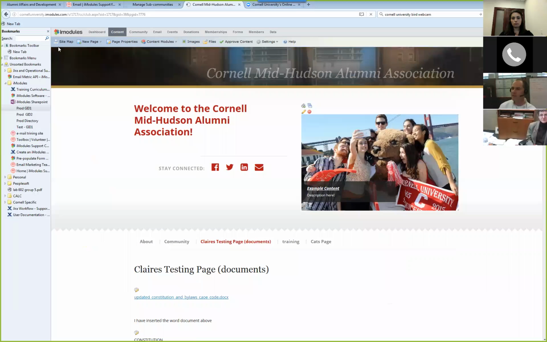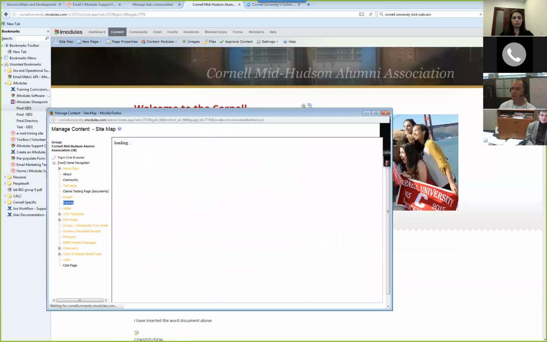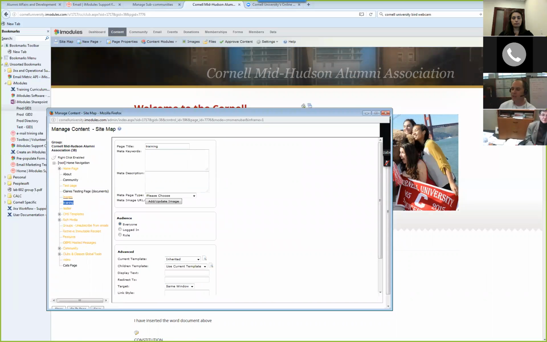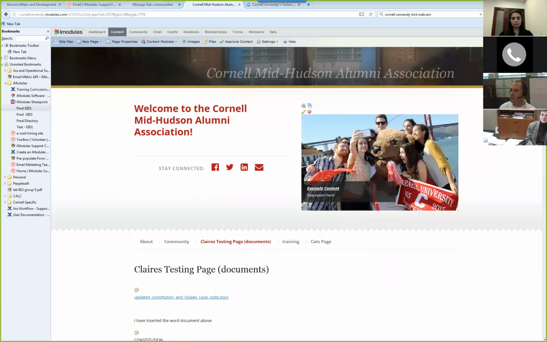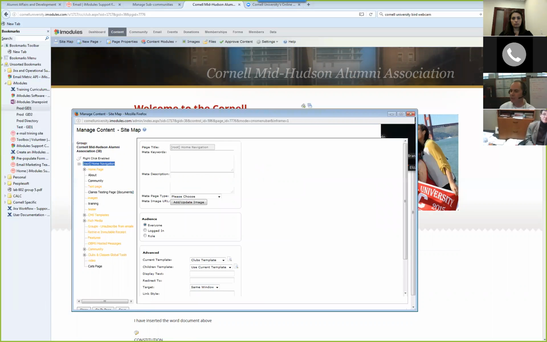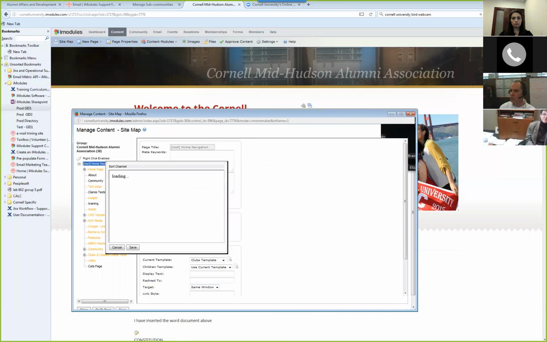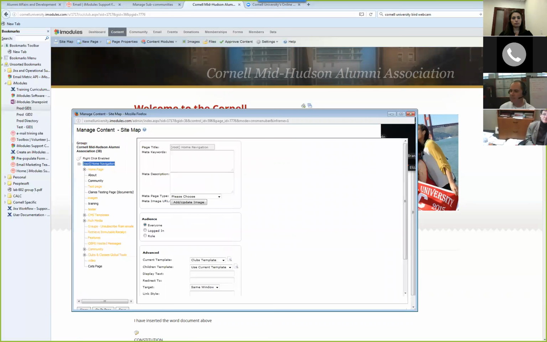There it is. And if I go back and hit that sitemap, notice how Claire's page is no longer in yellow. So yellow pages are hidden. We hide them by excluding them. That'll allow you to work on a page and nobody sees it while it's a work in progress. And again, I can move the order of these pages around just by hitting the sitemap, clicking on my home page, right-clicking, and sorting the channel. All right. And again, everything I've talked about is documented in a step-by-step process on that help screen, so you can see these step-by-step instructions.